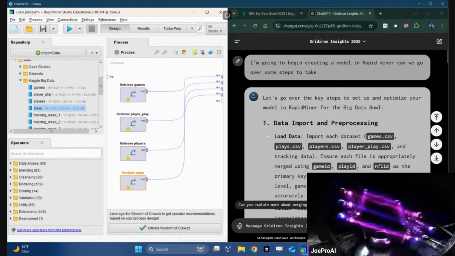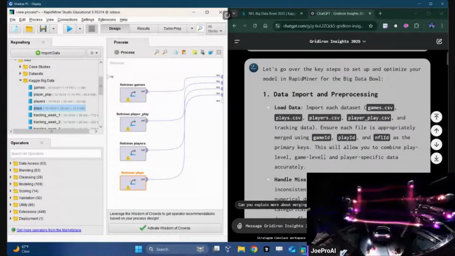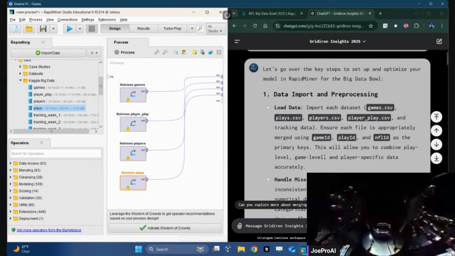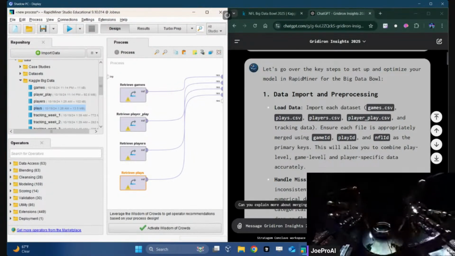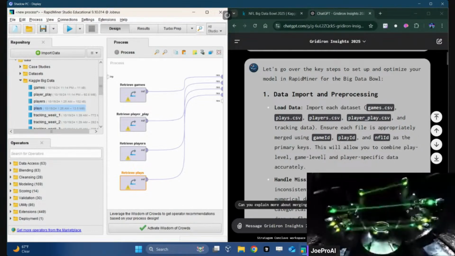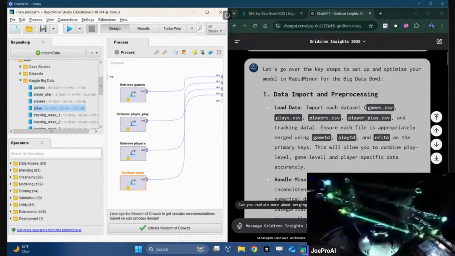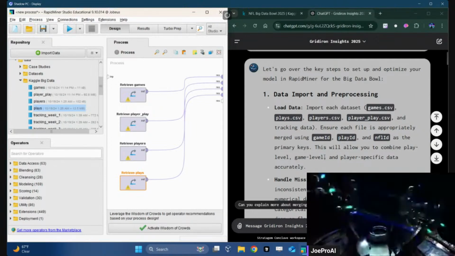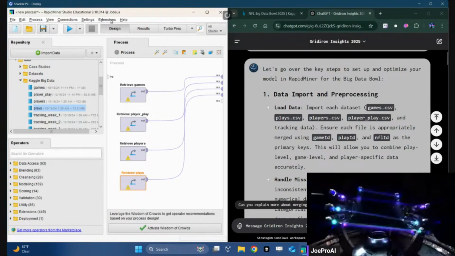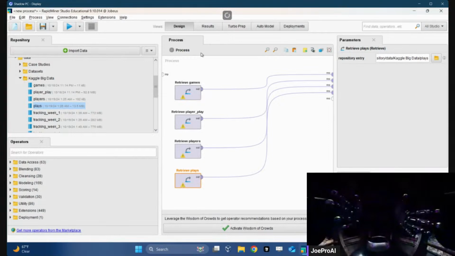Game ID, player ID. So this is going to be a good first part of it, as you want to group the data sets into ones that will have the same labels. So the same categories, like game ID, play ID, NFL ID. This could be anything that you're trying to sort.